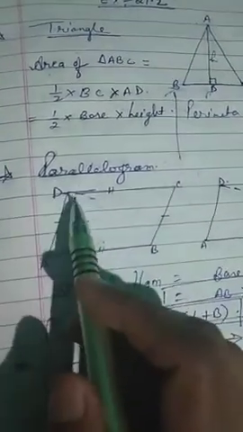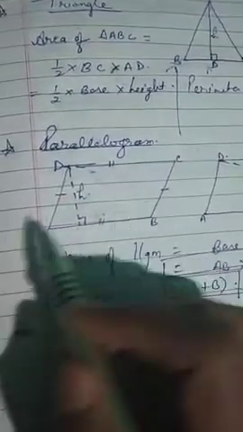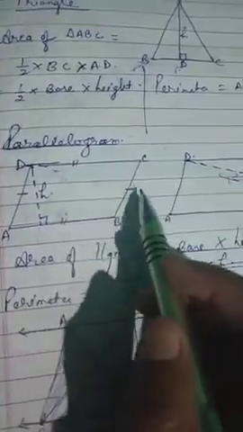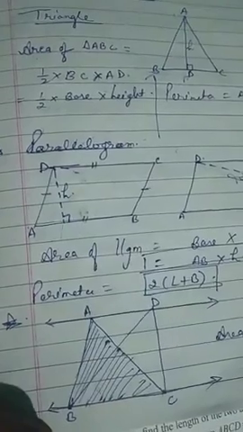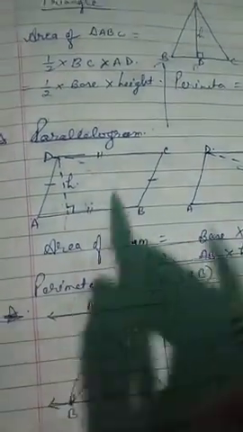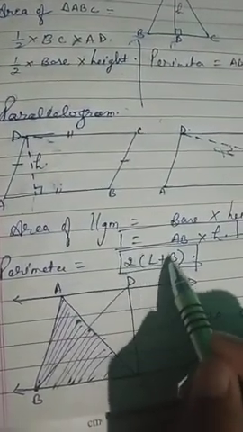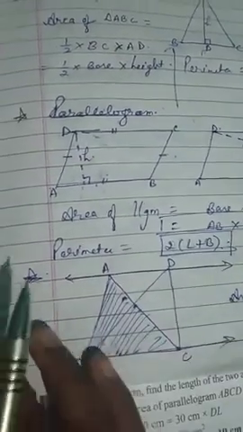If the same parallelogram is having this height and this height also, the area will be the same in both cases. Either you will find it according to this base or according to this base. Okay. What will be the perimeter of this parallelogram? So perimeter will be same as rectangle, twice of L plus B. Why? Because its opposite sides are also equal. So 2 length plus 2 breadth, so twice of L plus B.